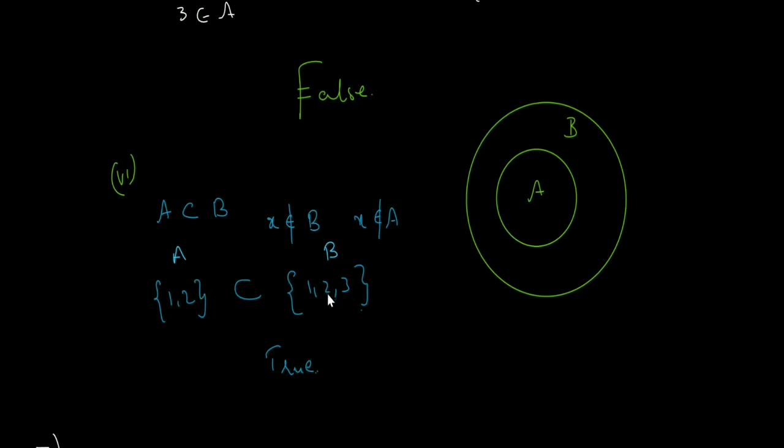If A is a subset of B, all the elements of A will be there in B. All the elements. Suppose if we have 5, if 5 is not there in this set, 5 will not be there because it is a subset. All the elements should be there. Suppose if 5 is here, then it is not a subset. So if all the elements of A are present in B, that is a true statement. So one extra element not in B means it will not be there in A also. This is a true statement.